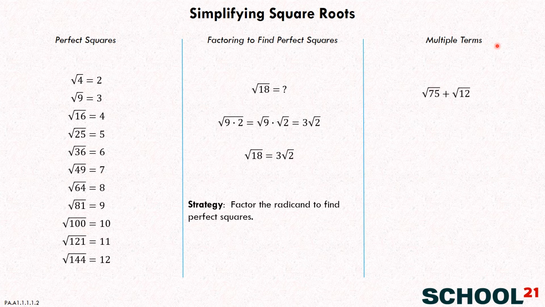So here's the square root of 75 plus the square root of 12. Okay, let's take these one at a time, and we're going to do the same thing that we did over here with this 18. So can you think of some factors of 75, one of which is a perfect square? Maybe you can look over in this list here. Do any of these numbers divide into 75? 25. 25, right? So 25 times what would equal 75? 3. Yep. So 25 times 3 is 75. Okay, let's remember that. So we're going to factor this one into 25 times 3.